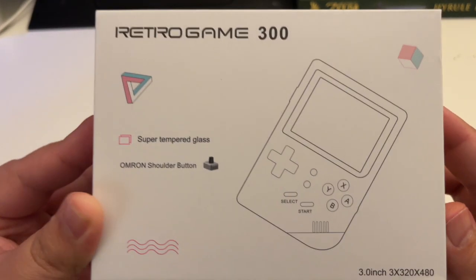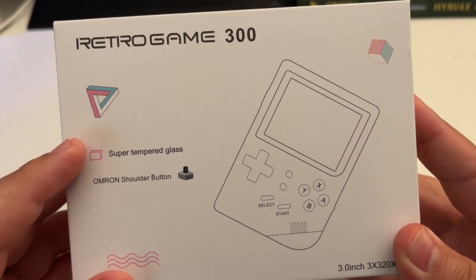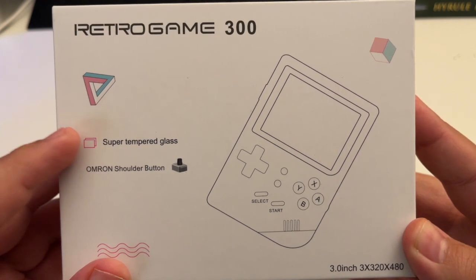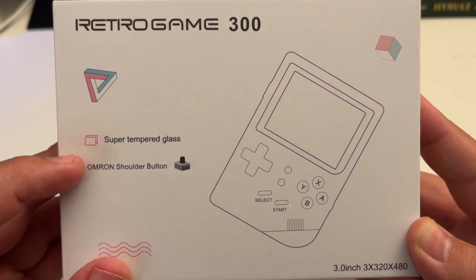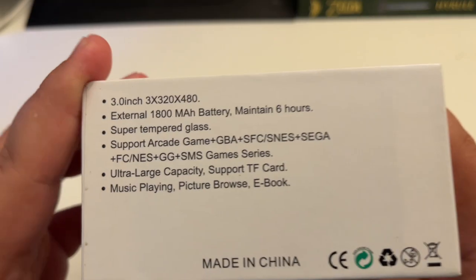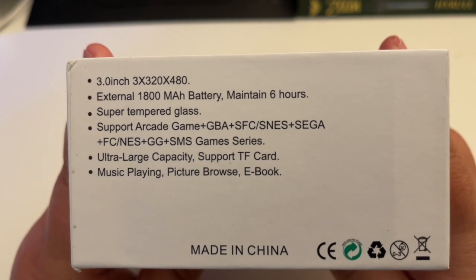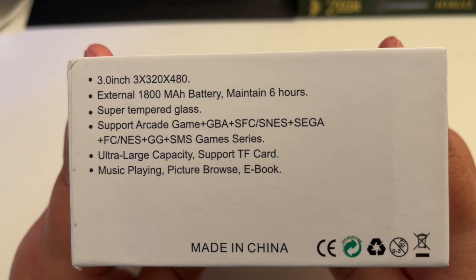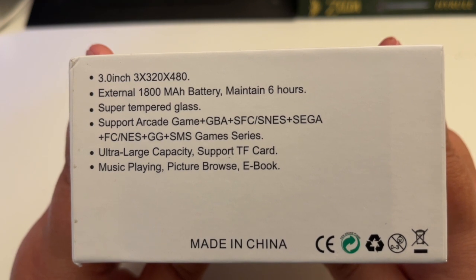So showing off the box, you can see that it talks about the super tempered glass, whatever that means. For the shoulder buttons, it uses an OMRON style button, and that it has a nice 3-inch IPS display. Turning it around, it just gives off some more of the specs of the system, claiming that with the 1800 mAh battery, you can use this for a consistent 6 hours, along with showing all of the systems this device supports for emulation: arcade, Game Boy Color, Game Boy, Game Boy Advance, Super Nintendo, Sega, NES, GameGear, Megadrive and Genesis,